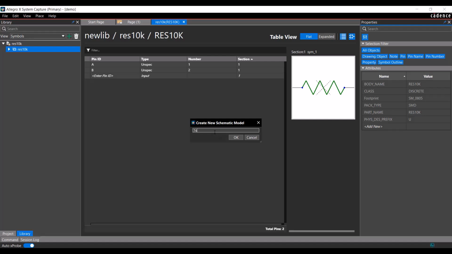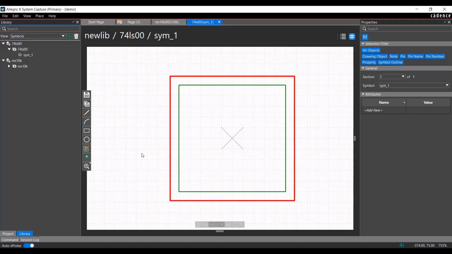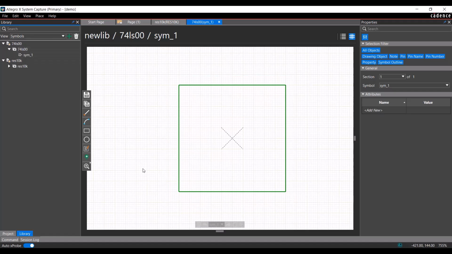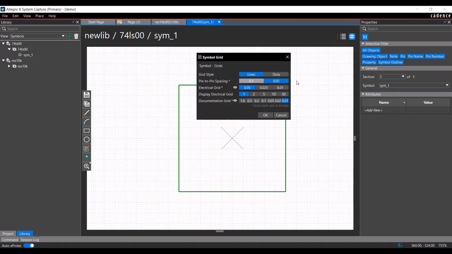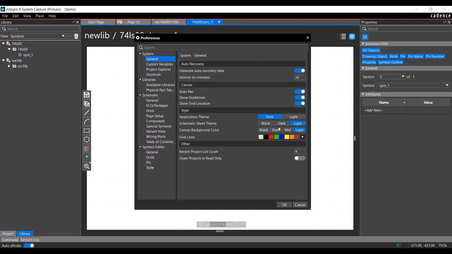Then under the Create New Schematic Model pop-up box, specify the symbol's name, and click OK to create a new symbol. The new empty symbol is created with the symbol boundary added to the canvas window. Before drawing the graphical lines, it's best to set the grid. To set the grid, right-click the canvas window and click Grid Settings. If you cannot view the grid lines or dots on the canvas window, choose Edit, Preferences, General, and check for